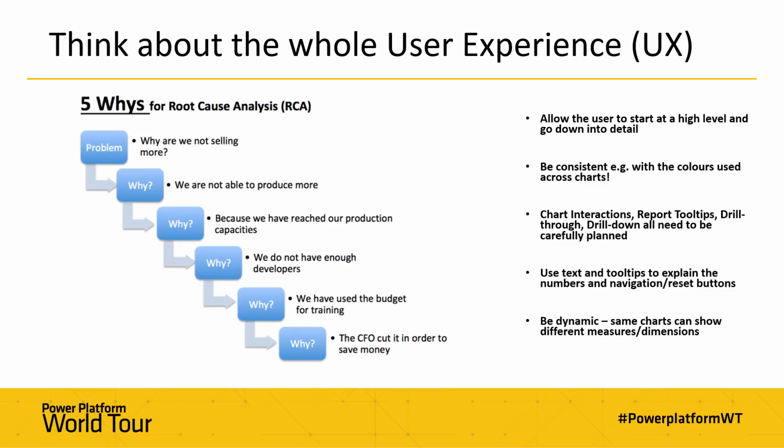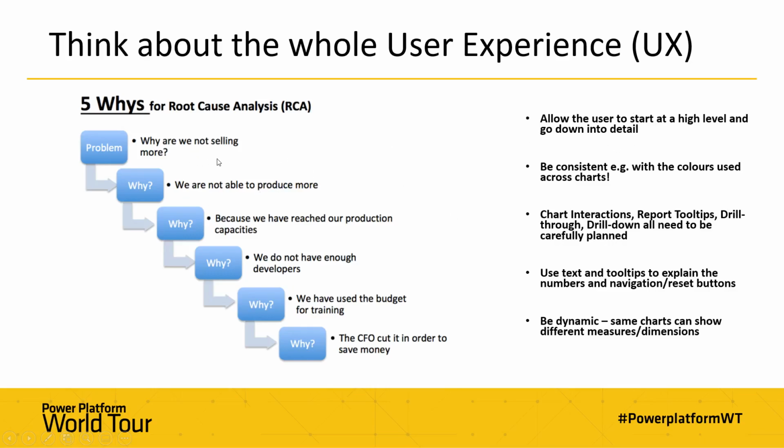So in this case, the problem statement might be performance is good or bad, or better or worse than expected, and again that could change, but we have a high level problem statement, and then we go down into being able to ask why until we can figure out why that performance is good or bad, and essentially what we can do about it to get down to something that's an actionable cause. So this is what we allow. This is where we start with potentially a high level view, and then allow people to see those breakdowns, the drill downs, to drill down into detail.